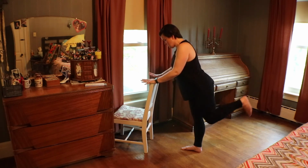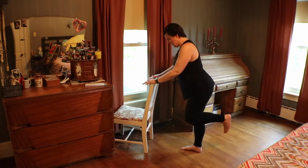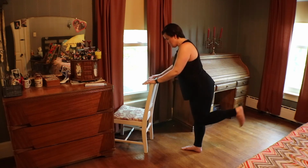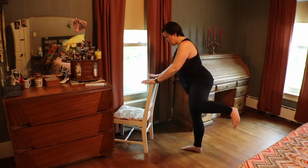We're doing 8 of these as well. Standing leg might start to talk to you a little bit. Don't break form. Keep everything engaged. And 2 and 1. Now, keeping that knee bent, let's go ahead and open it out to the side and